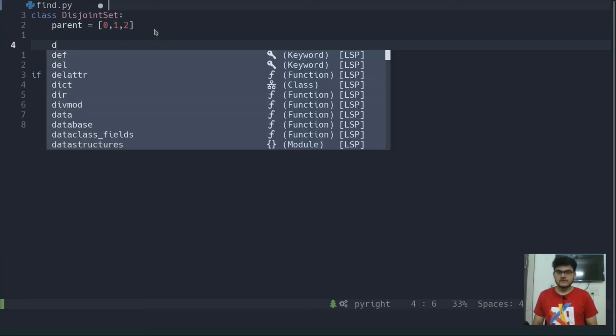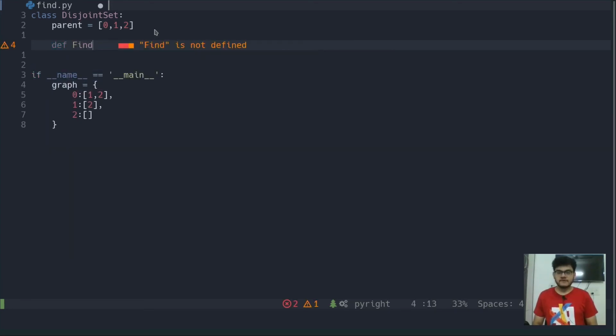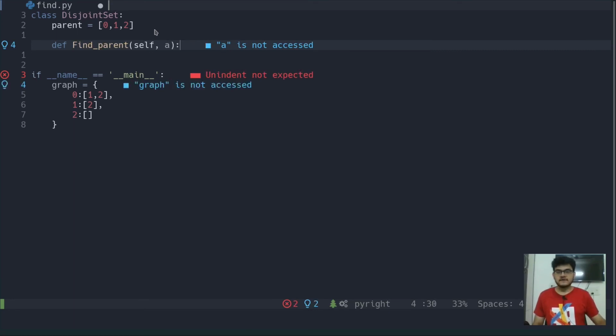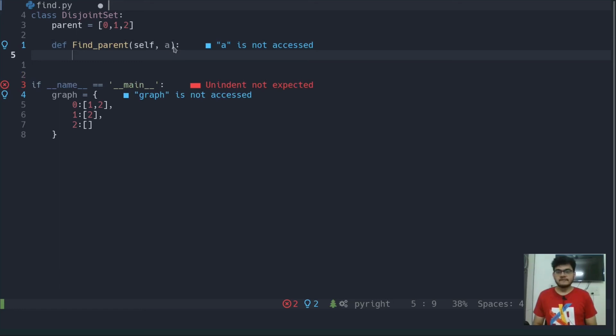Now I'm going to define a function find parent here, and this find parent is going to take the keyword self and the value a, right? So here we will write the definition of the find parent function.